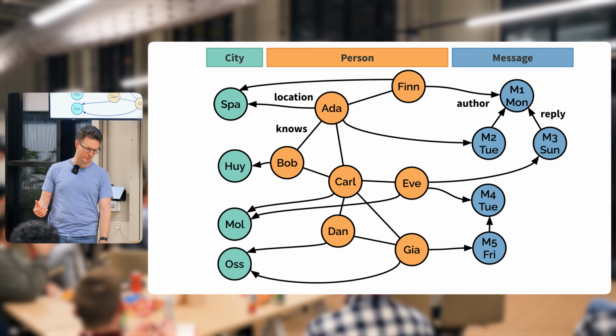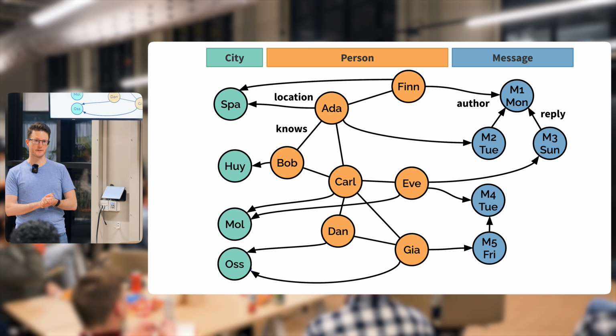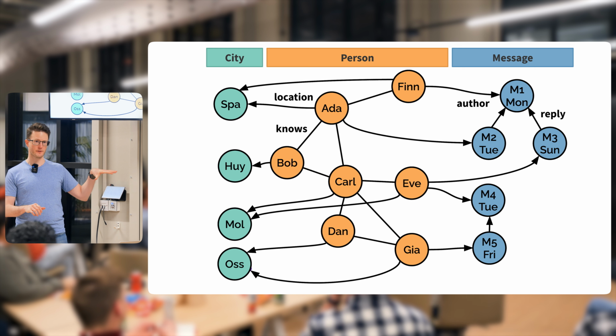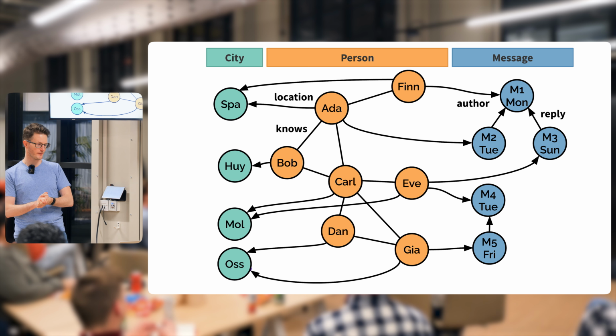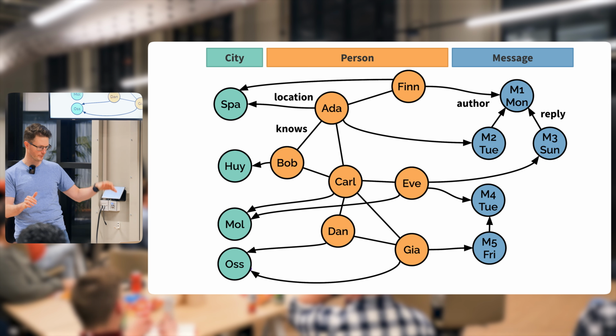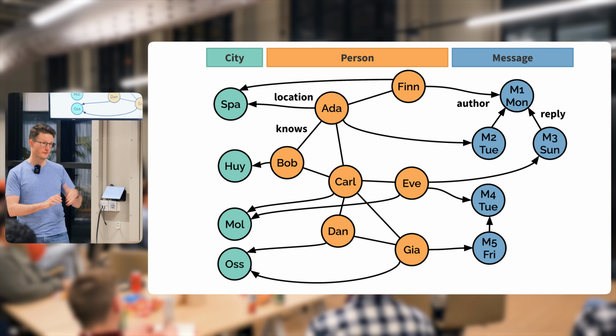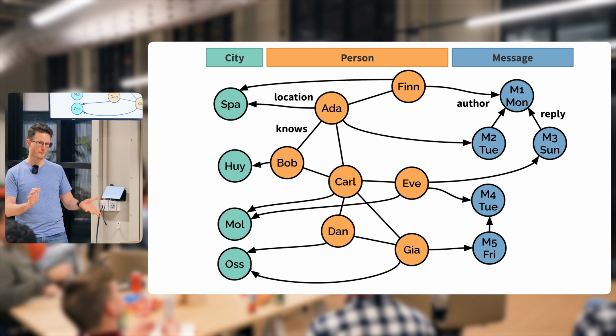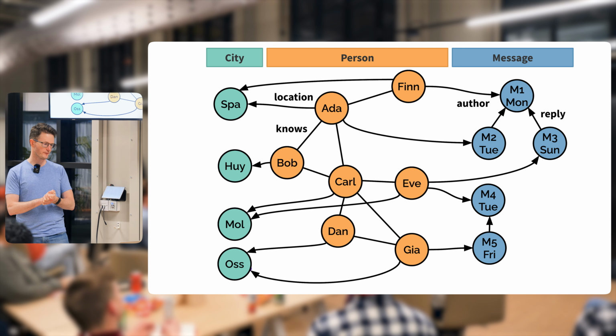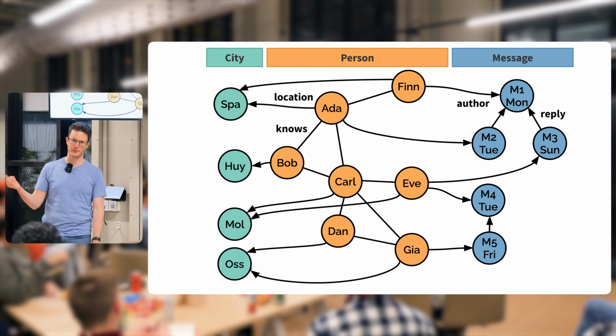For this talk, I will use a rather elaborate running example of a graph. It is set in Belgium and in the Netherlands, in a sub-part where everything is just a few letters. We have cities with names of 3 characters, people with names of 3-4 characters, and messages. And you have the edges that you would imagine between these nodes. People know each other, they are located in a given city, and they author messages that are replies to each other.